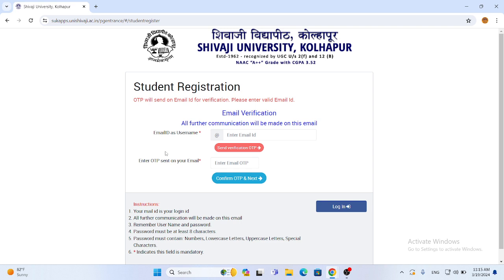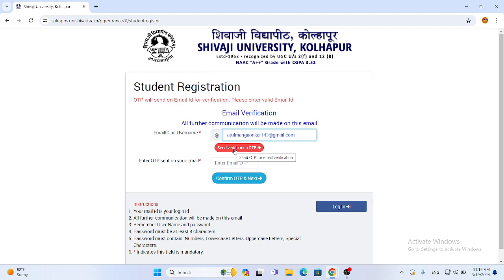Here the validity of your email ID will be checked. For that purpose you have to enter your email ID here. Click on send verification OTP.